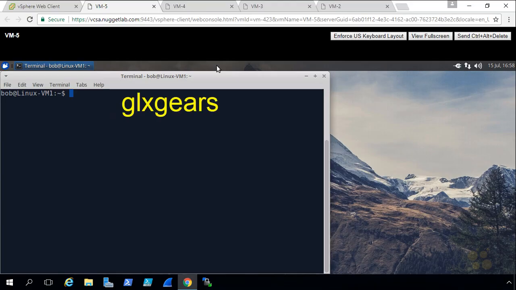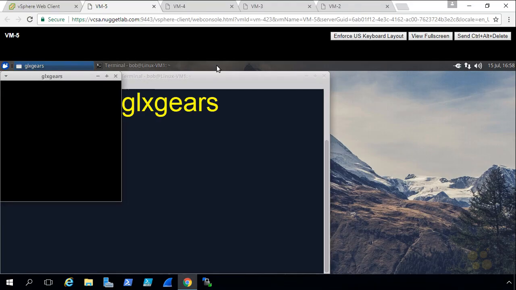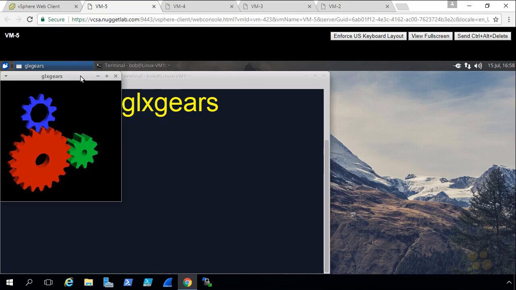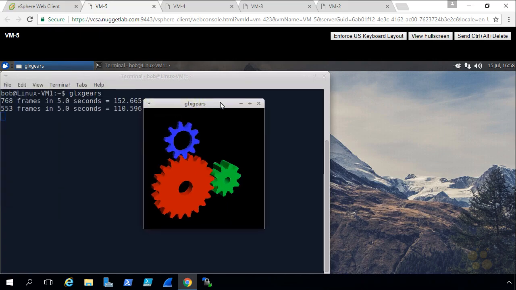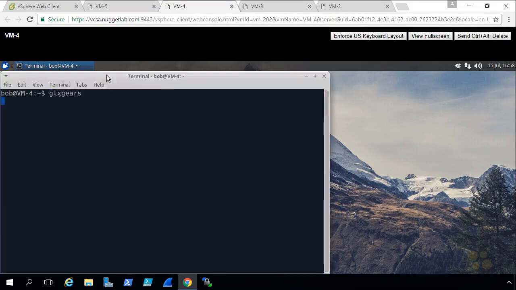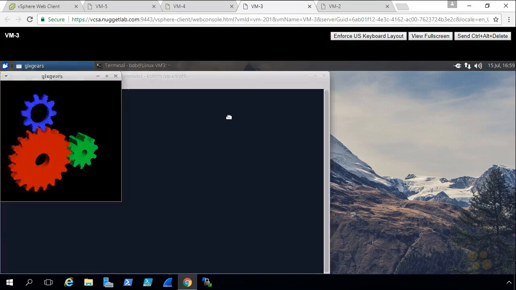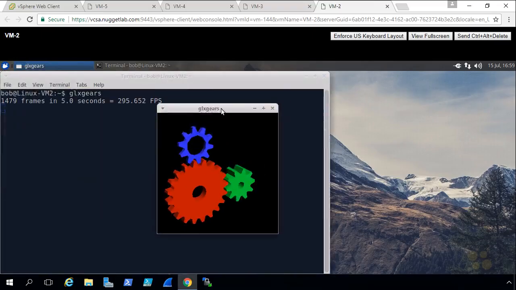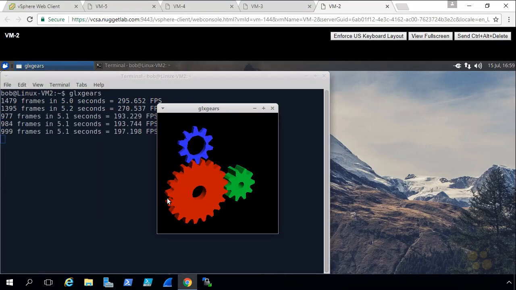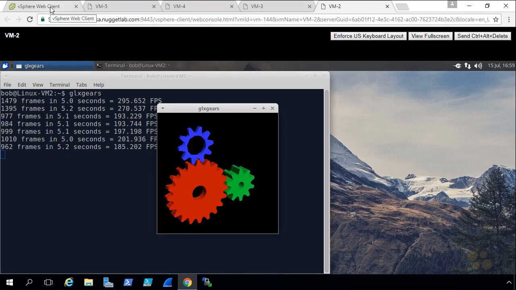And then from here, let's type in GLX Gears and press Enter. And we'll repeat that on the other 3 VMs as well, so that they're all chewing up quite a bit of CPU, all off of ESXi2. Fantastic. So while those 4 VMs are cranking away with GLX Gears, let's go back to the vSphere web client